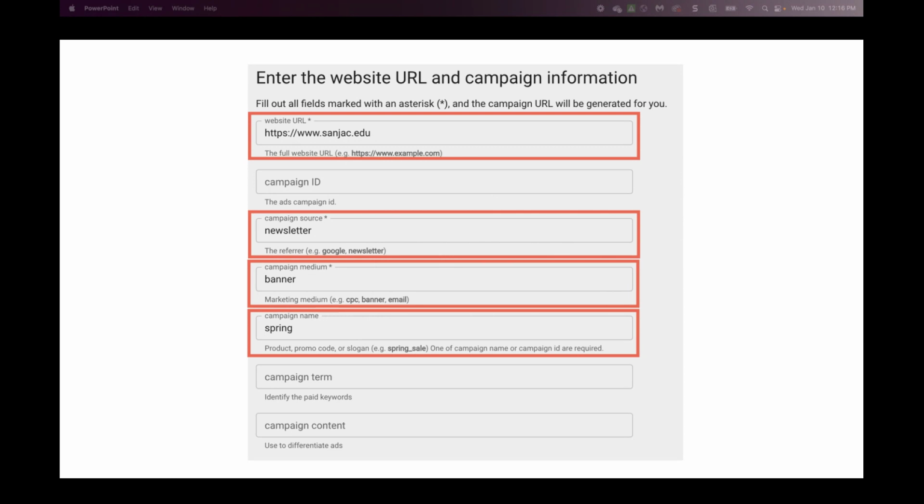That next one was campaign source, newsletter, and then campaign medium is banner. So this is basically going to send data back to Google Analytics that says, hey, you have this campaign for spring that's running in as a banner inside of a newsletter that was clicked on. So it's kind of cool stuff when you think about it, how you can see all this data in Google